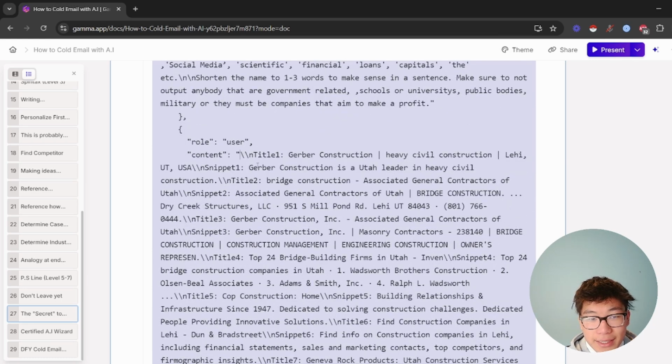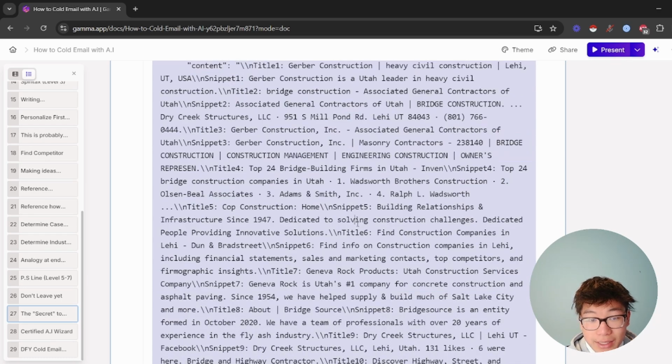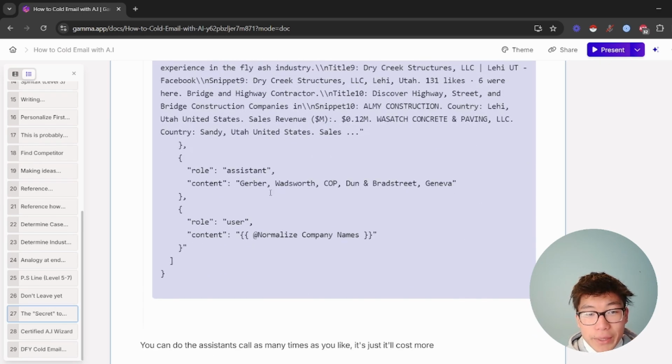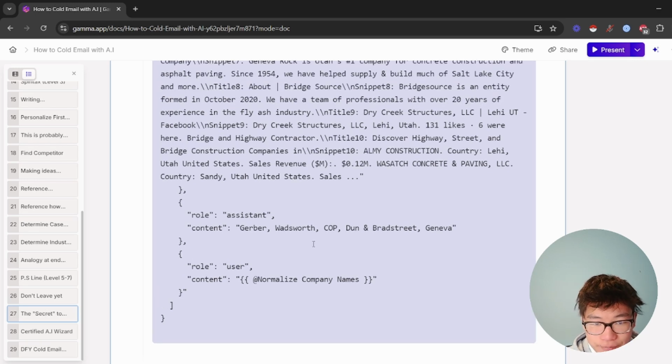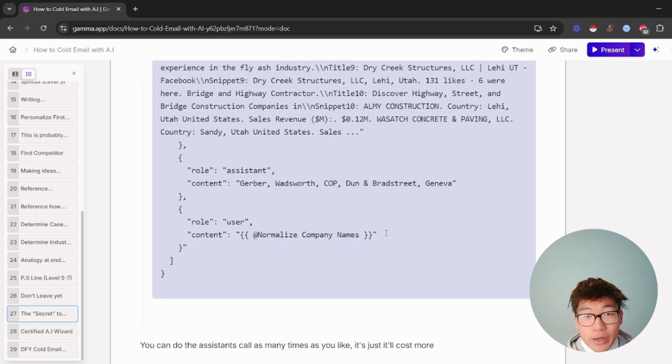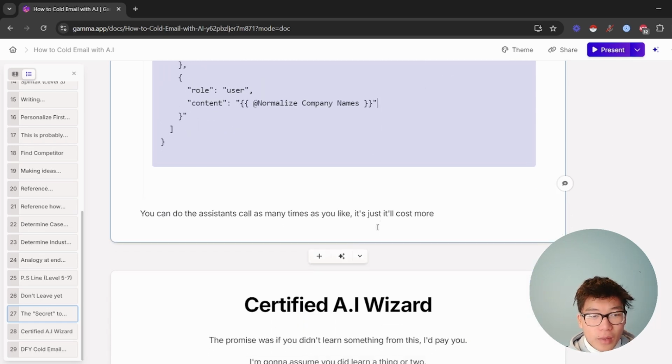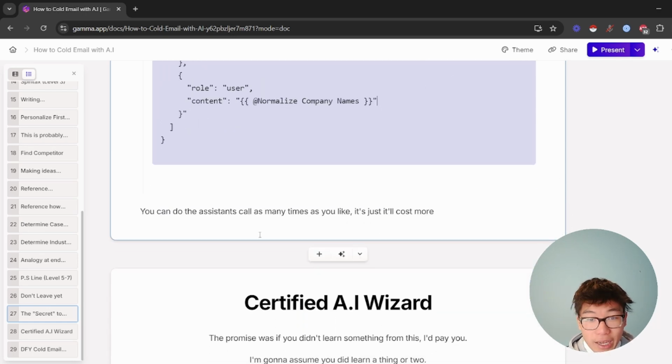And then this is an example you're giving it, an input of what it should go in. And what happens is you give it a pretend output. This is an output that it's basically looking at and seeing, this is what you want me to model. And then you just give it the input, and it'll take this output and model its output based off this. This is a bit more on the tech side, and you gotta work around some stuff. But definitely, if this is something you do or want to do, experiment with it. See if this is something you want to dip your toe into. So you can do the assistant call as many times as you like. It'll just cost more. I can almost guarantee that.